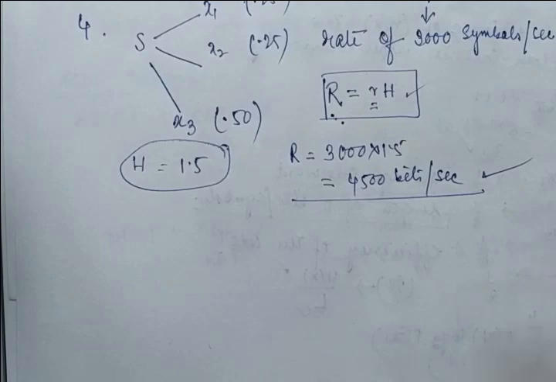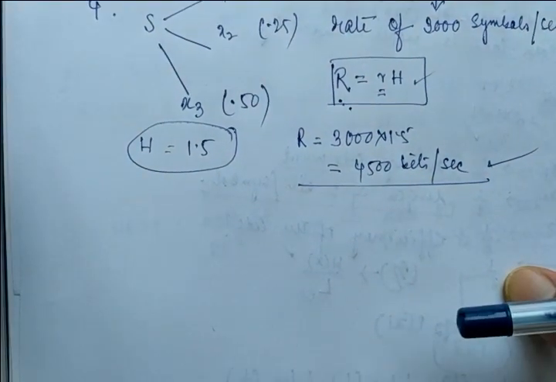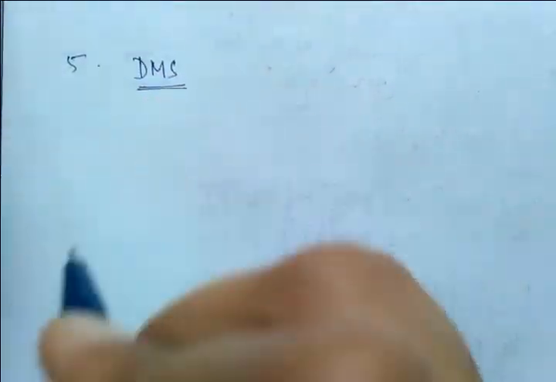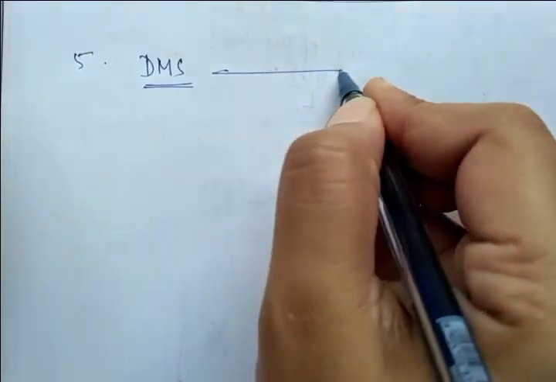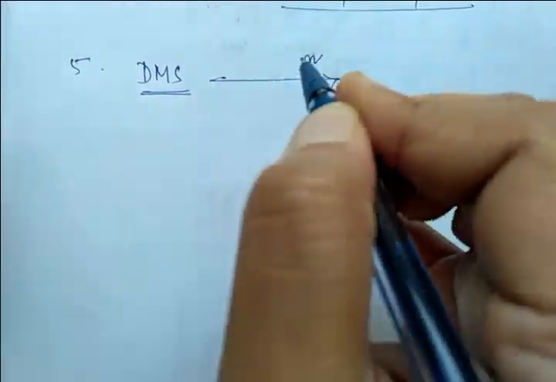Okay, so it's very easy. And then coming to my next question, that is question number 5. What will be your question number 5? A memoryless source means a discrete memoryless source, DMS, right? We are talking about a DMS that emits n symbols with the probability of P. It is emitting n number of symbols